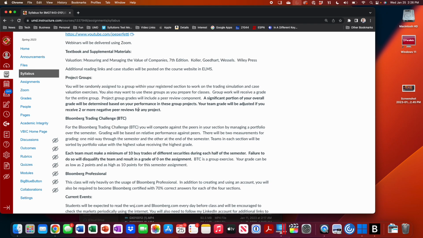Okay? So at the end of 6 weeks, we'll then reset the competition, start you back with a fresh $1 million, and you'll do a second 6-week sprint at the end of the semester. In order to do the competition, you will use the Bloomberg tool because it's the actual trading platform Wall Street uses. It's the one you're going to use to buy and sell and evaluate stocks. Okay, so we're going to definitely apply the material we're working on this semester in the real world as we go through. That assignment will start next week.